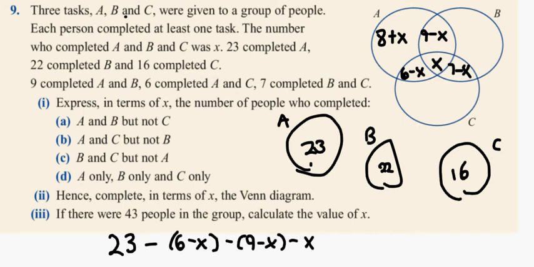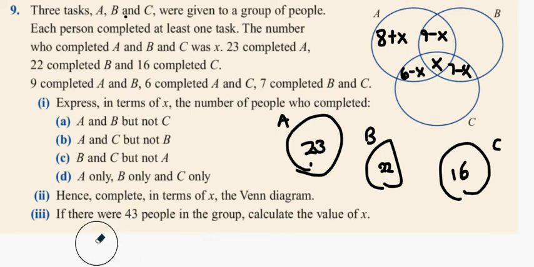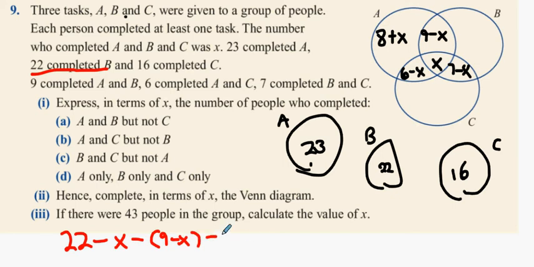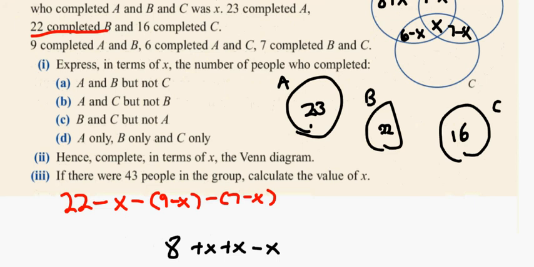Okay. What about this part here in B? What do you reckon we're going to do there? How many people in B? 22. But we have to take away. What do we have to take away? We have X. What else do we have to take away? What else is in B? Exactly. And what else do we have to take away? Exactly. And then when we do this, what do we get? What's 22 take away 9? 13. 13 take away 7? 6. Minus X